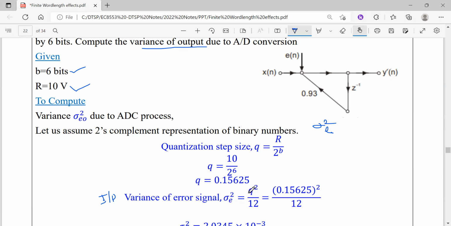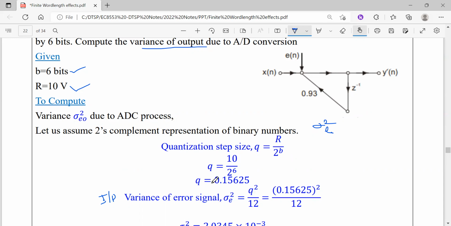Q is called the quantization step size, and this quantization step size is given by the formula R by 2 power B, where R is the range of the signal and 2 power B is the number of quantization levels. It is given in the problem that the range of this signal is 10 volts and B is 6 bits. By substituting these two values, 10 and B as 6, we are getting the value of Q as